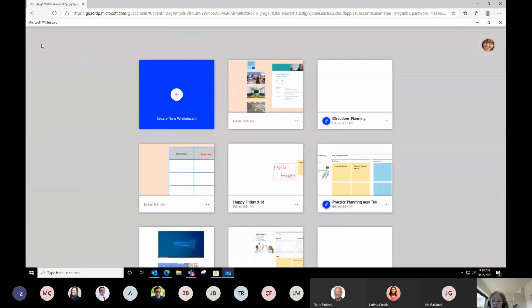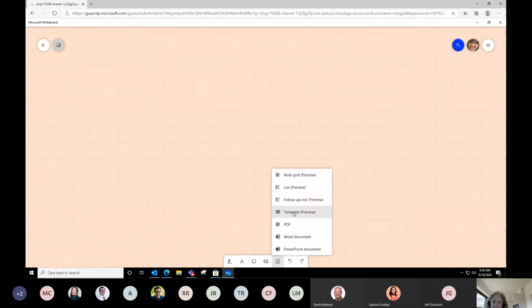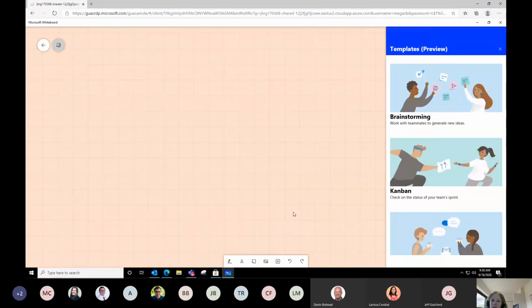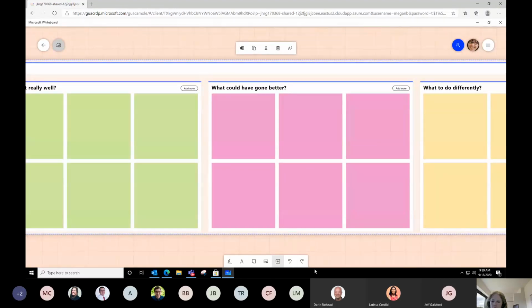And let's go ahead and come right here to a new canvas, and I want to show you templates. This really is my favorite thing. So you'll see that right here when I go to the insert menu, we have templates. What Microsoft has done here is they've said, hey, we know that many times when people are doing brainstorming on a whiteboard, they're building specific types of things. And so there are just a few canvases right now that you can see here in this list. There's a brainstorming one, one for Kanban boards, and then down here we've got one that allows you to come in and do planning together.